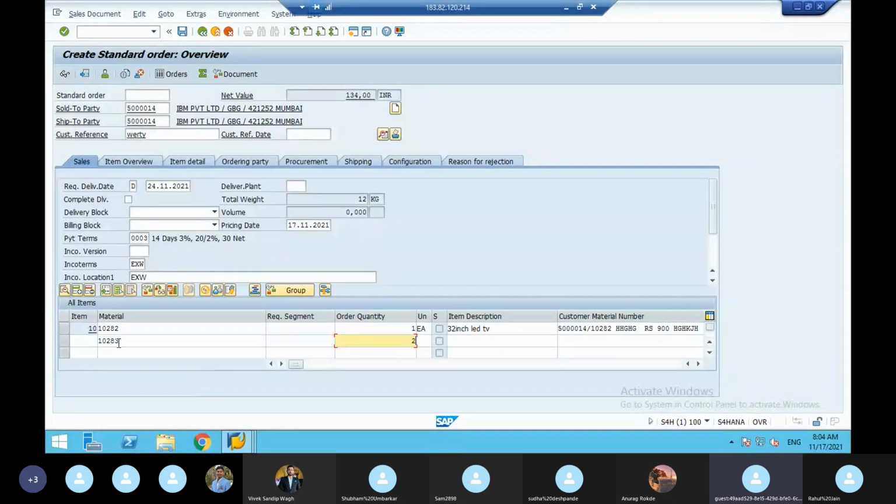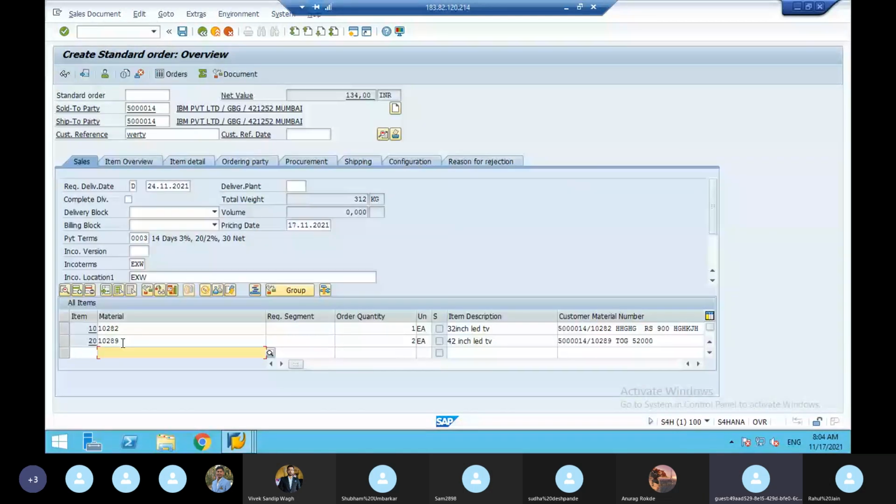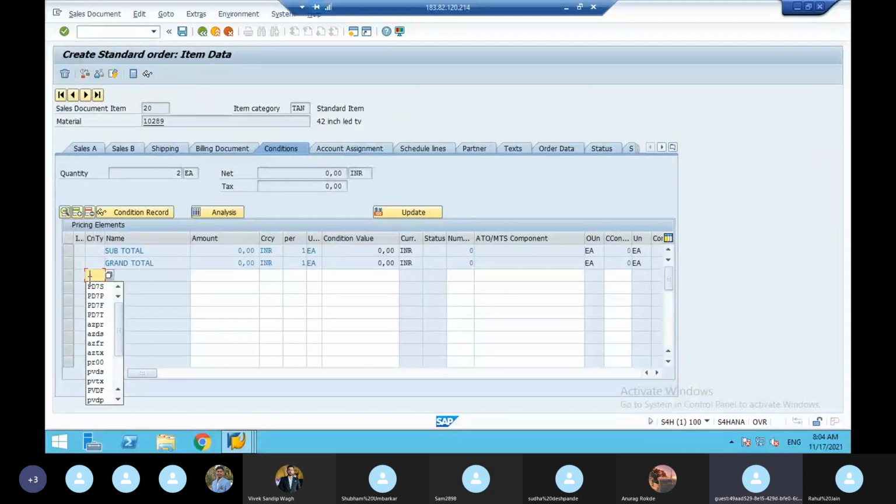Now, when you double click on this material number and go to the conditions here, say I'll go to this material. So here again, this is the second item, 289. Here also you have to give PDS, PD7P, here PDF and PDT.